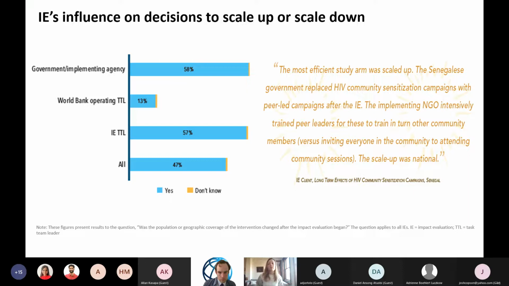So being able to tick this box and say our program was scaled at a national level, again, that's something you want to keep track of. That's something you want to be able to quantify, because it looks very good, and it's going to help secure more funding for future programs, etc.